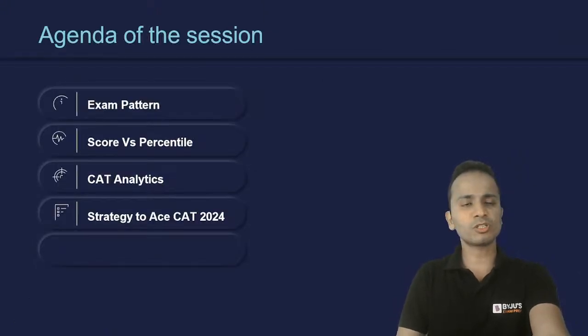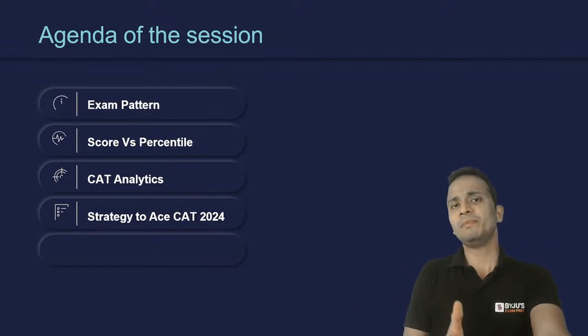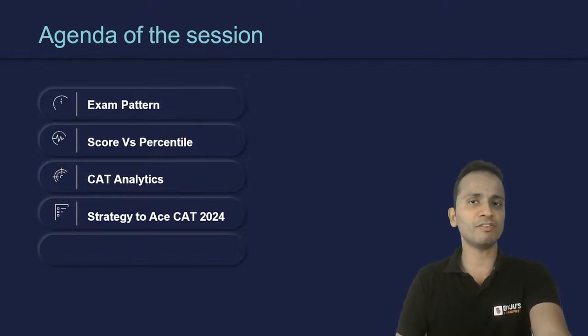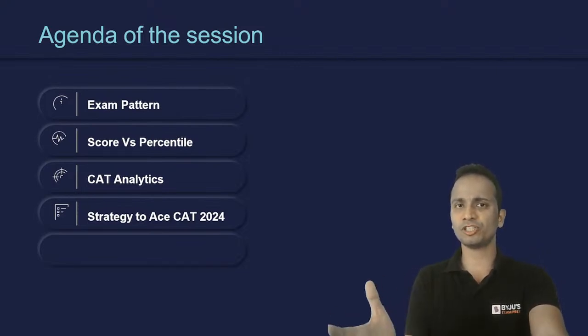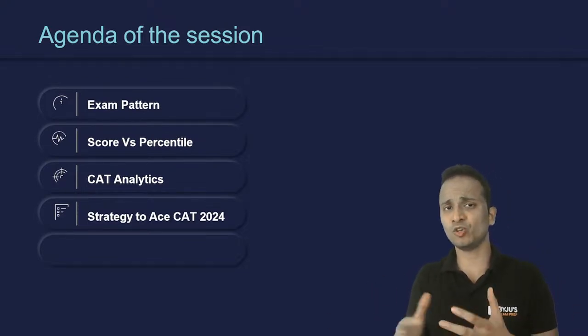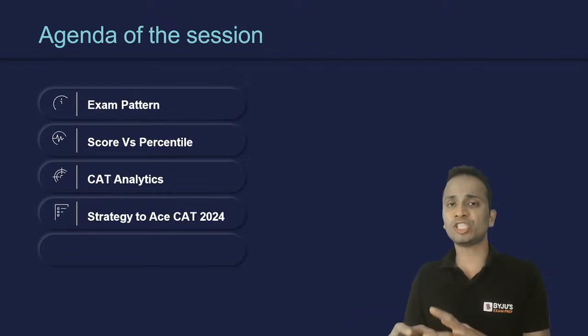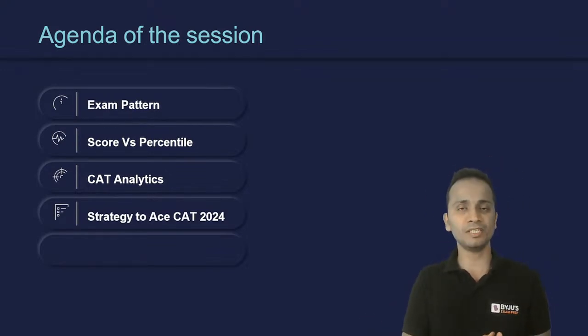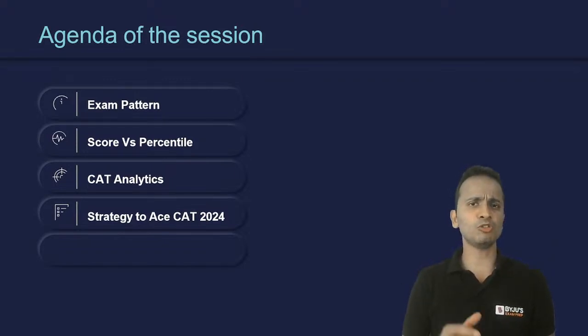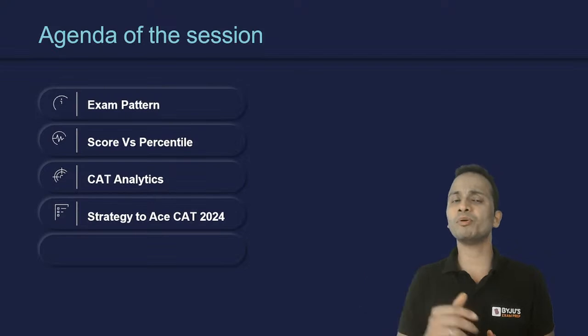First of all, I'll be focusing a little bit on the examination pattern for a few minutes. Then for every section, I'll be telling you some of the very important areas from which questions have appeared. So we'll be discussing the entire statistics, analyzing the CAT examination over the past few years, talking about from which area how many questions, how many sets, how many RC passages have appeared in the previous year papers of the CAT examination.